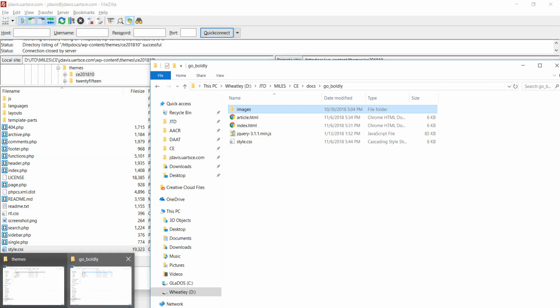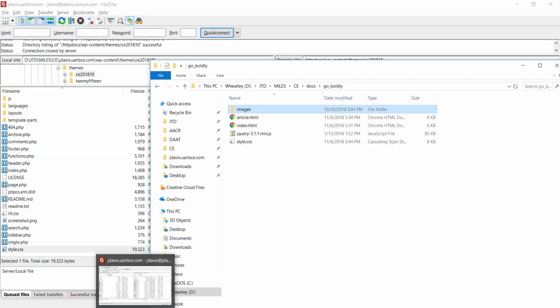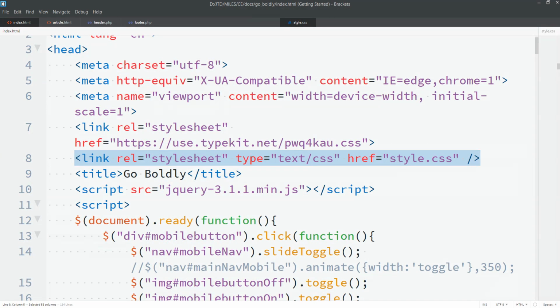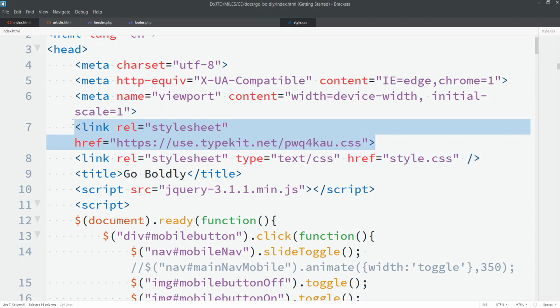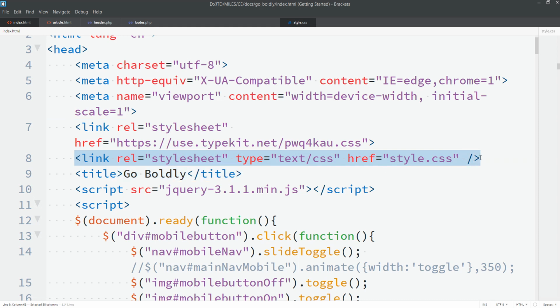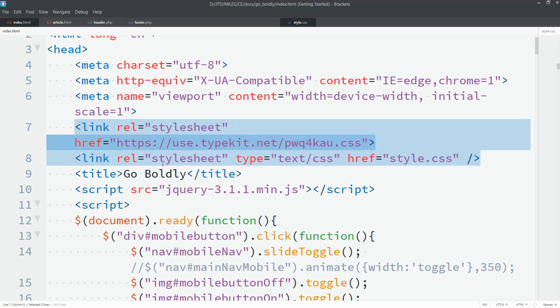And in that particular case, then yes, we do want to add in a link. In addition to the link to the type kit, we do want to add in a link that's going to go to a style sheet because we're going to add in an extra file here. So let's go ahead and do that now. So let's go ahead and add in both of these link tags